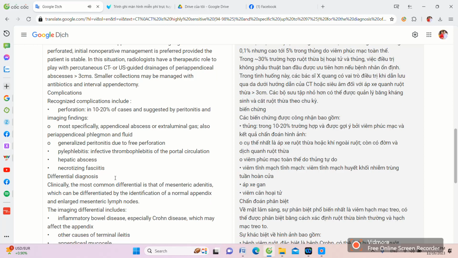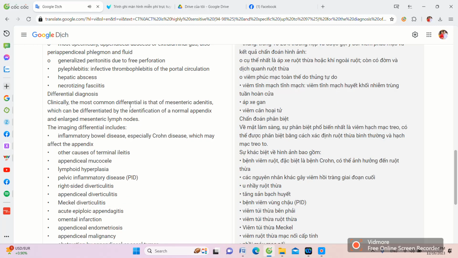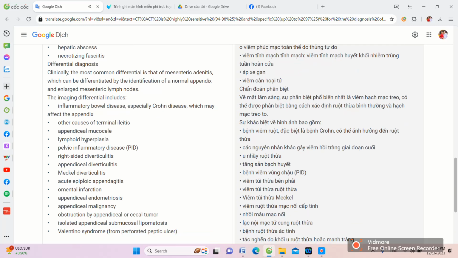Differential diagnosis. Clinically, the most common differential is that of mesenteric adenitis, which can be differentiated by the identification of a normal appendix and enlarged mesenteric lymph nodes. The imaging differential includes inflammatory bowel disease, especially Crohn's disease, which may affect the appendix, other causes of terminal ileitis,